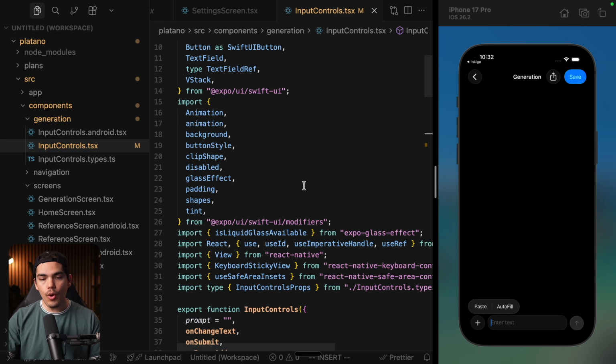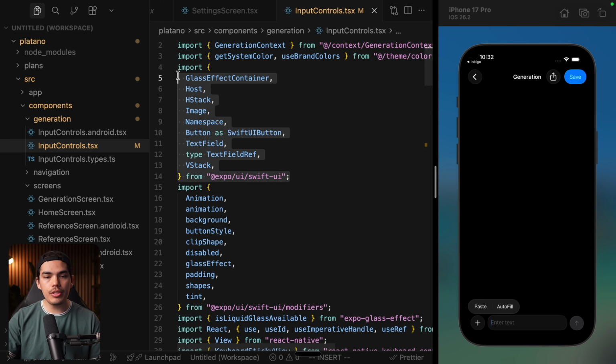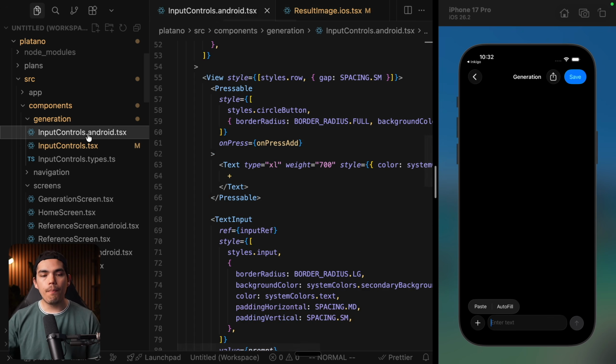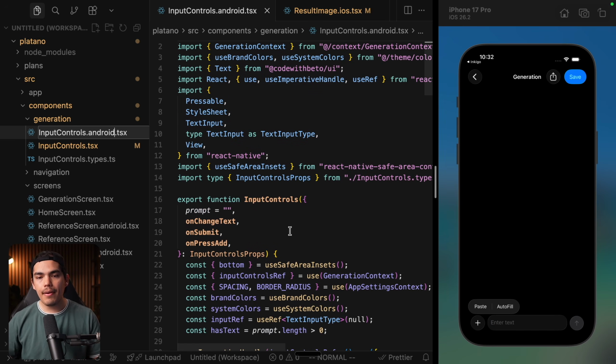So I can go ahead and import all the modifiers and all the components that I want to use in this component, and it's gonna be okay. It's not gonna break Android because Android is gonna use this component just by creating this platform extension. When you compile your application, this is gonna be loaded for Android. And at the moment, I'm just using normal views from React Native, but I'm planning to implement Jetpack Compose in the following days. You can use .android, .native for iOS and Android, .web,